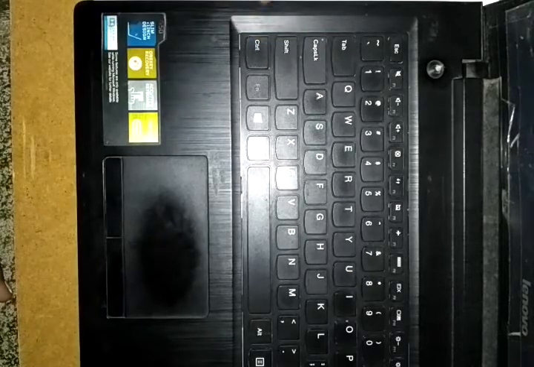Here it may be small letters or capital letters. If you place them in small letters, it will automatically take small letters. If you need capital letters, you can use the caps lock, or you can press shift plus alphabet.